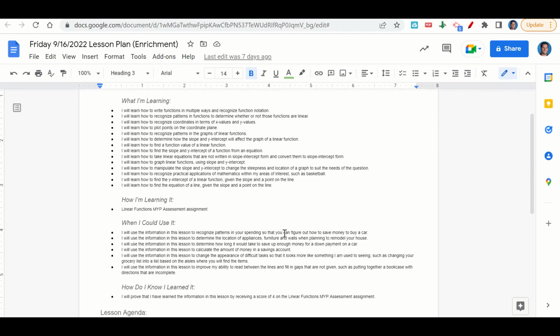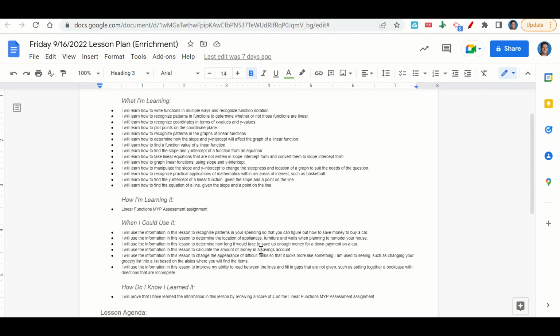When can we use this information? To recognize patterns in your spending so that you can figure out how to save up enough money to buy a car, to determine the location of appliances, furniture, and walls when planning to remodel your house, to determine how long it would take to save up enough money for a down payment on a car, to calculate the amount